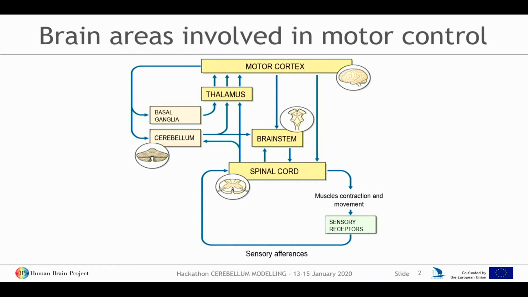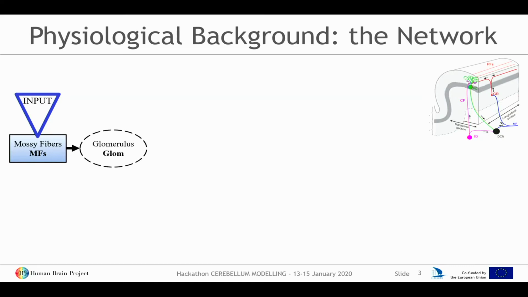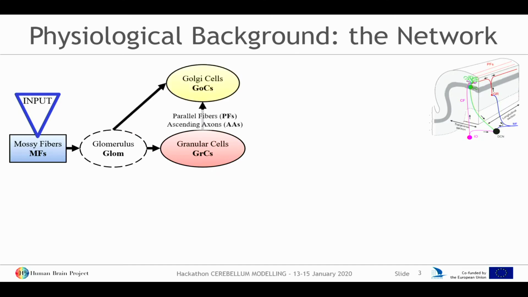Now I want to focus on the cerebellum and show the network model that we have been developing in NEST. We have the first input on the mossy fibers, which pass through the glomeruli to the granule cells, the vast amount of granule cells that we have in our cerebellum, and then we have this first loop